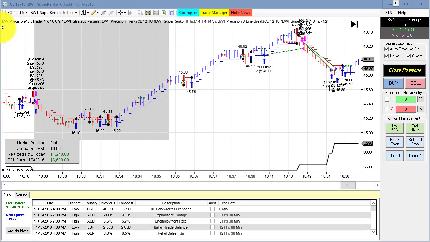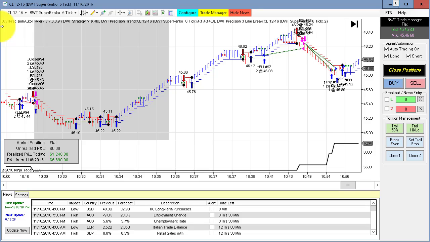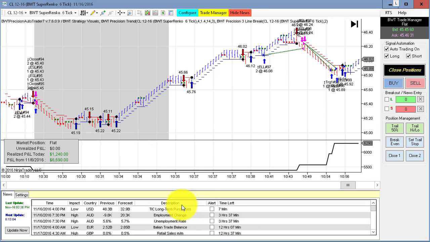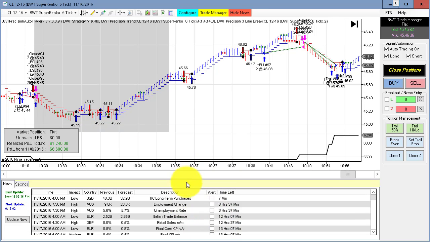Okay, the chart you're looking at is the crude oil on the Super 6 tick, and this grayed out area is where the auto trader stopped trading just before the news and then resumed trading after the news. So this grayed out area is the period that it didn't trade. The crude oil inventory announcement was at 10:30, and the way you set the news alarm in the auto